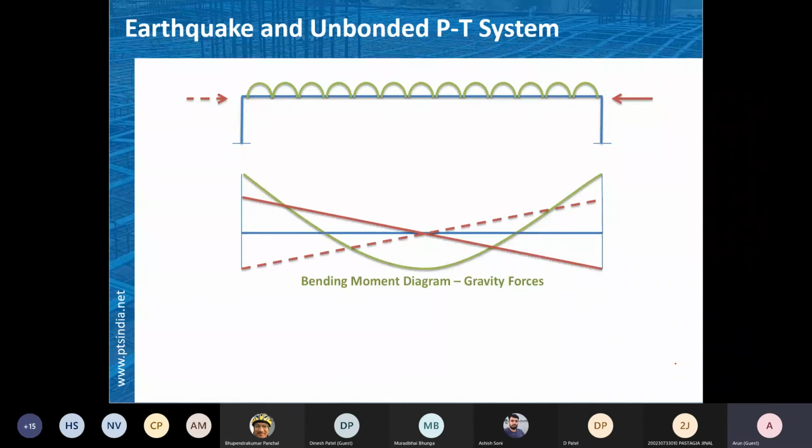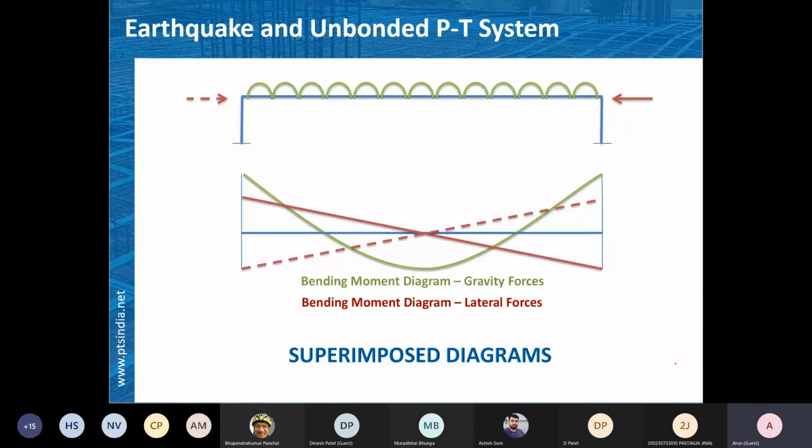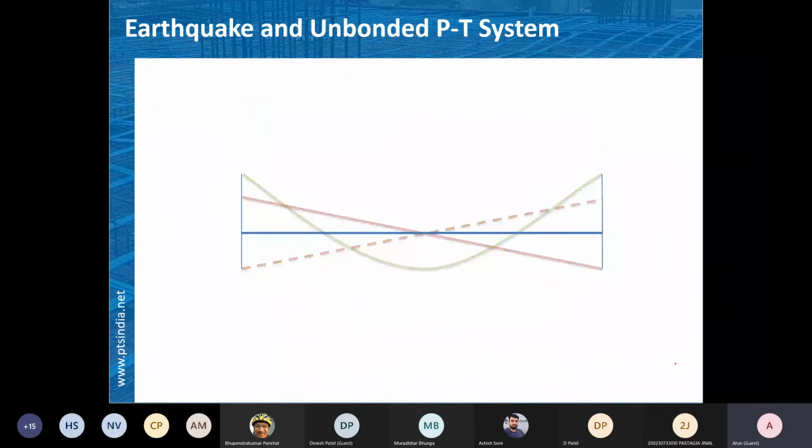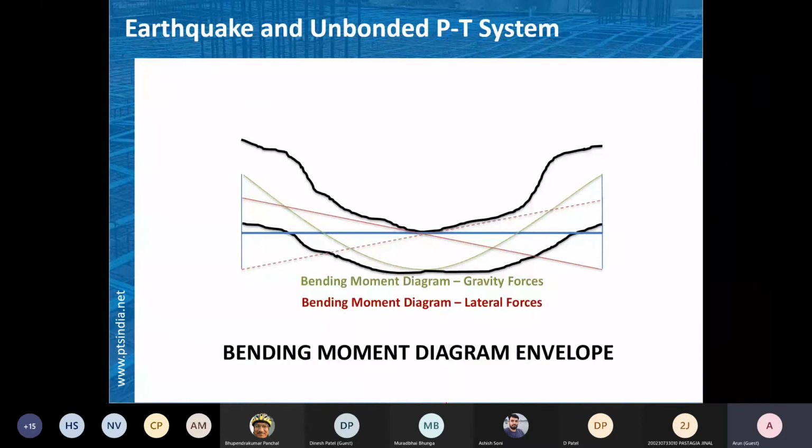Now, superimposing all the actions, all the bending moments like this, what we are getting is this kind of envelope being generated. So the dark red line, the dark black line, you can see that this is the envelope portion. So here you have to provide